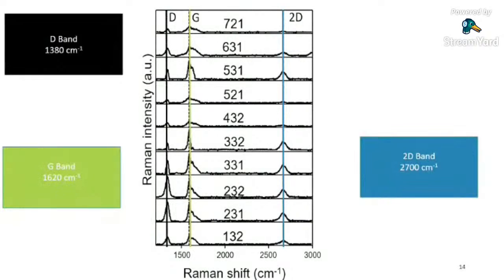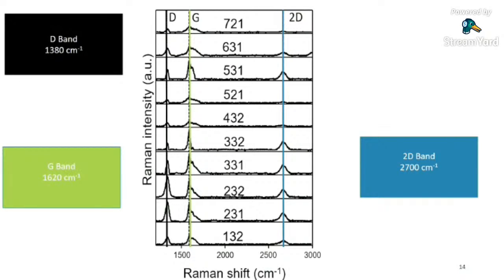What are the results for this work? Well, first, Raman spectroscopy. Raman spectroscopy is a technique used for the study of graphene because it can give us the footprint of this material, and this is related to the bands. I mean, the presence of the D band, the G band, and the 2D band are a footprint for graphene. And each band gives different information.